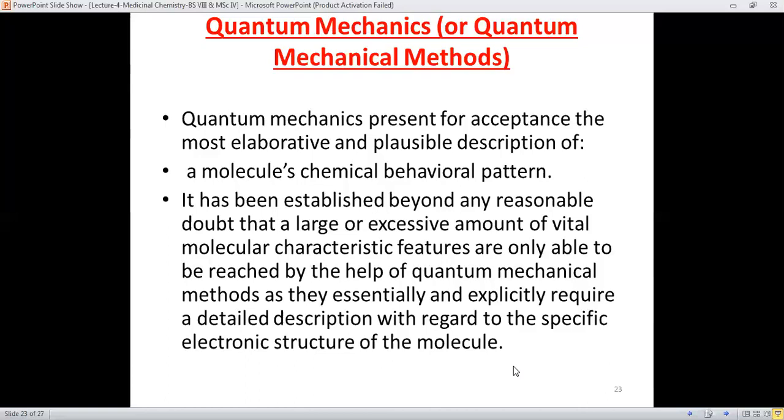It's the emphasis on the chemical behavior of the molecule, the electronic structure of the molecule, and the different characteristics which are due to the different chemical behavior, like nucleophilicity, electrophilicity, electronegativity, positivity, acidity, or the basicity of some molecule, electron withdrawing and donating factors. And all these factors underlie the specific electronic structure of the molecule. Why are we discussing the specific electronic structure? I have told you earlier, yes, these